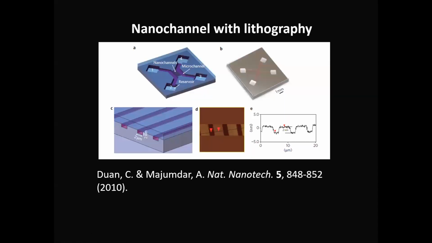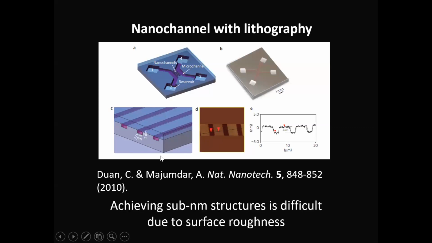Let me give you an idea about the existing lithographic patterns. This is what people have achieved. They can make 2 nanometer channels. The height is 2 nanometer. So this is a 2D channel, explained in the Nature Nanotechnology paper. This is the smallest ever man-made fluidic channel. The height is around 2 nanometer, because surface roughness is actually limiting this. You cannot go beyond this. You cannot make it smaller than this with lithography techniques.